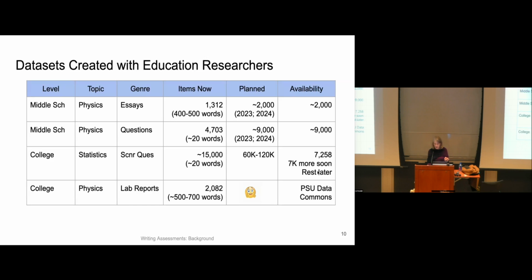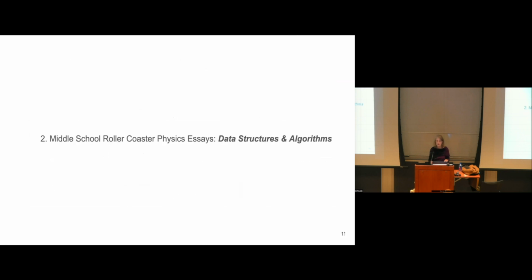We have 7,000 statistics questions or answers to 6 questions, but it's 7,000 items. We also have 7,000 more that haven't been assessed that we're going to assess human in the loop and so on. And then the lab reports are actually available, but they're small compared to the data sets we're used to in NLP. So now I'm turning to the second part of the talk, which is about how we assess the